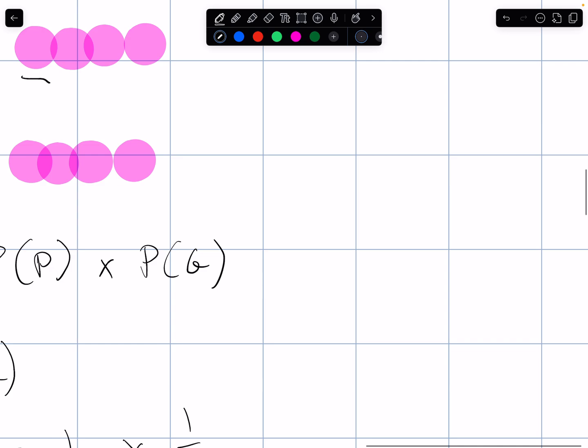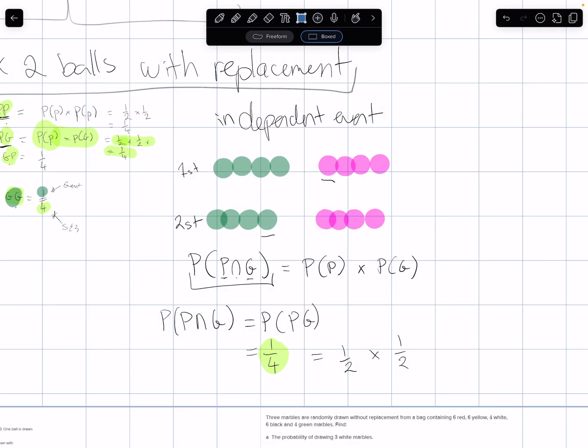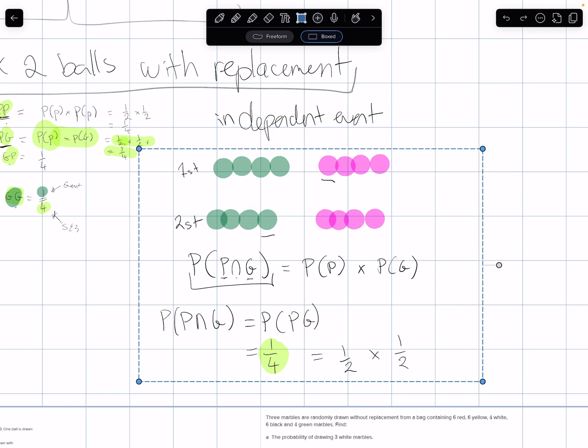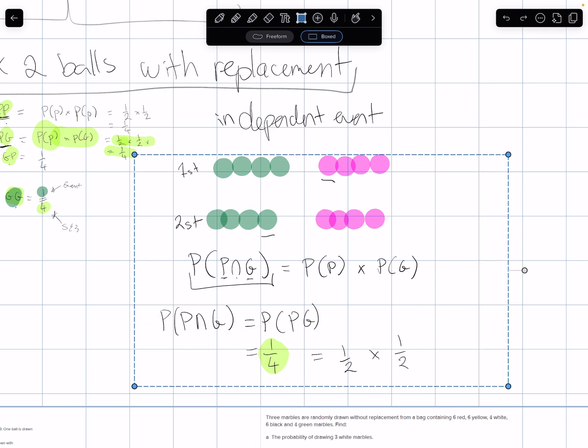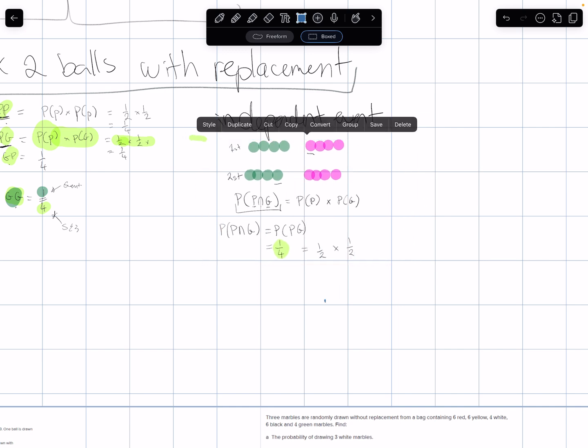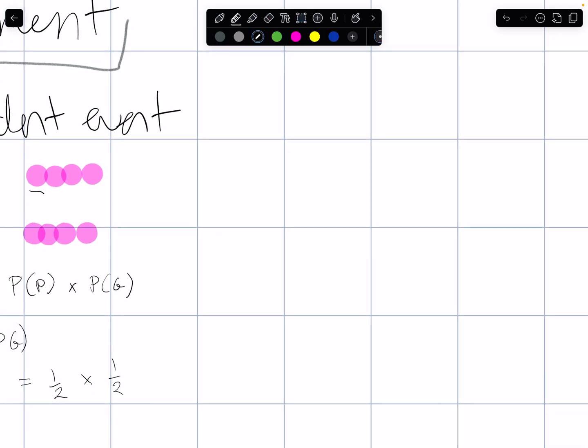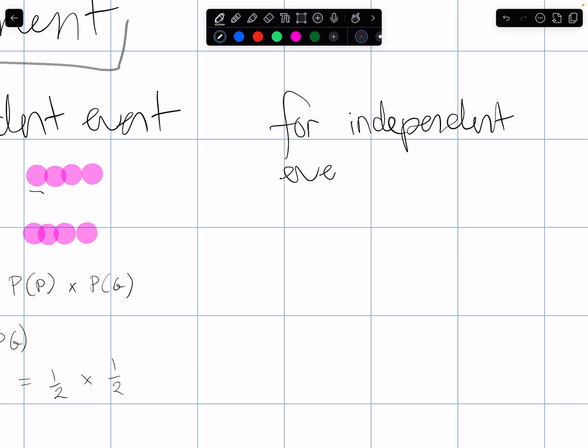Now, the important part here in your notes, which I want you to take down, is this. Let's just make this a bit smaller first. All right, so here is a little formula that I want you to put in your book, okay? Formula that you kind of need to prove some stuff. But basically, it says for independent events, we know